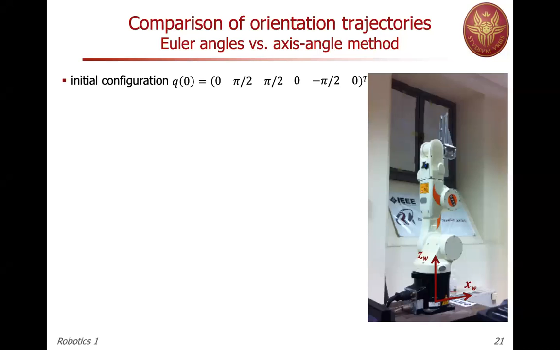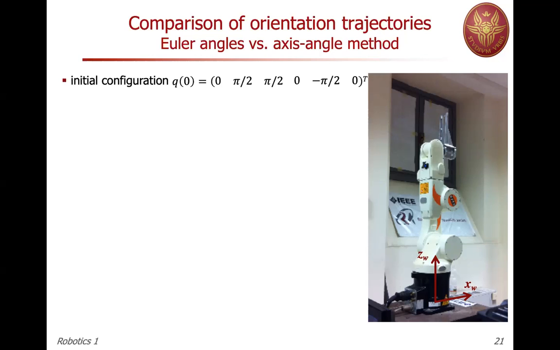Fine. So this morning we will complete the analysis of the trajectory planning for the orientational part of the robot in the Cartesian space by making a comparison, an experimental comparison, in fact, between the use of Euler angles and the axis angle method. We have seen that